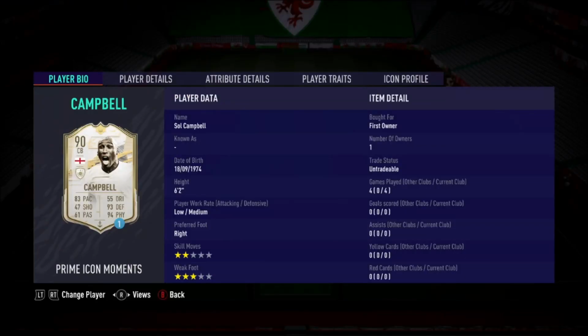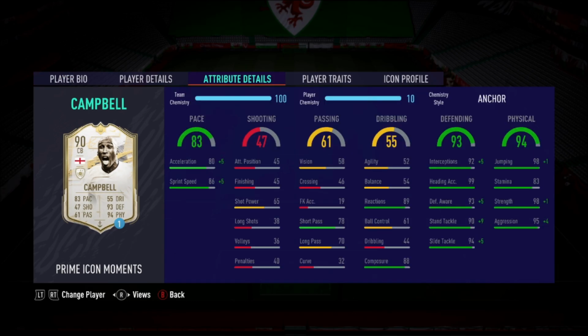What is going on, guys? TVM here. Welcome back to a brand new player review. And as I said earlier, when I did Didier Drogba, we would look at Campbell, and then Pirlo will probably be tomorrow, along with something else, I'm sure. But 90 rated Sol Campbell, not the cheapest of the three icons that are available as the SBC, surprisingly, because